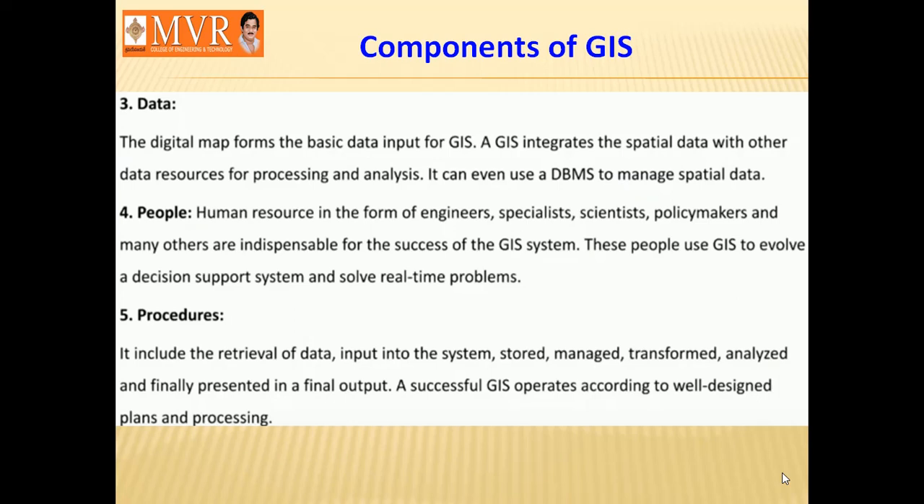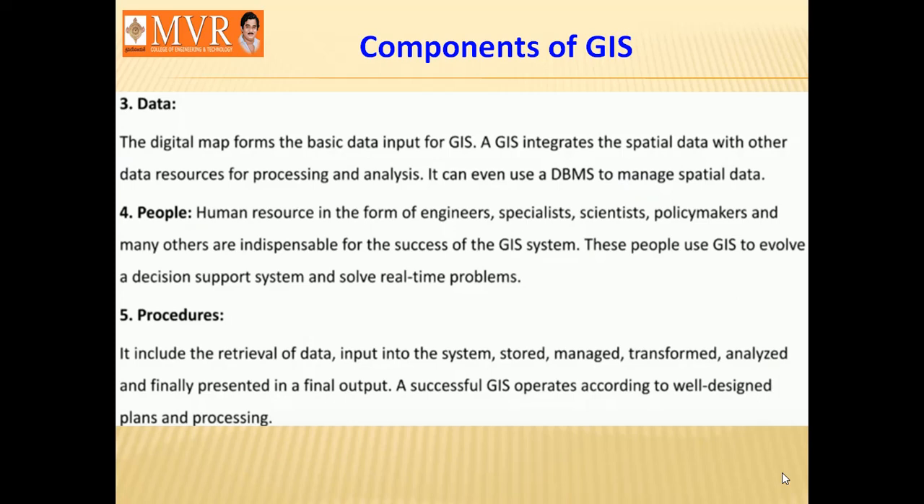And people, human resource in the form of engineers, specialists, scientists, policymakers and many others are indispensable for the success of the GIS system. These people use GIS to evolve a decision support system and solve real-time problems. These are people who work with GIS in a variety of capacities, in a variety of research, in a variety of departments, such as